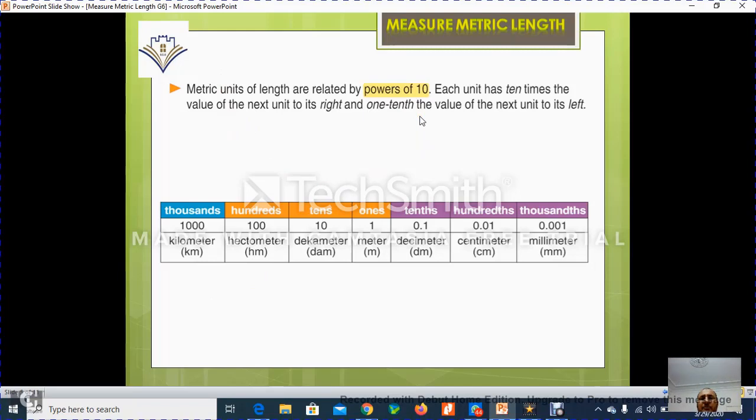Now, pay attention with me. It's a very important slide. This table is divided into 2 parts, whole part and decimal part. The whole part here is ones, tens, hundreds, thousands, and the decimal part here is tenths, hundredths, thousandths. Ones is referred to meter, and the thousand is referred to kilometer,